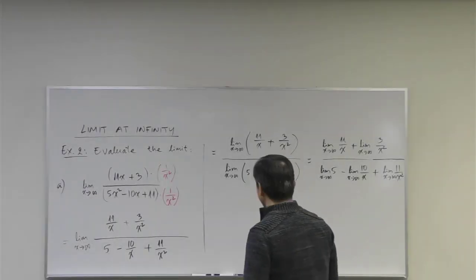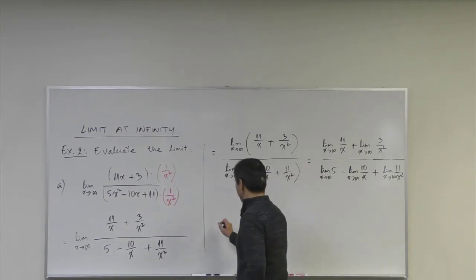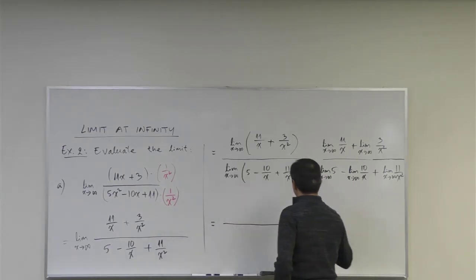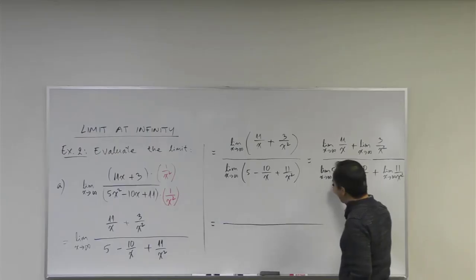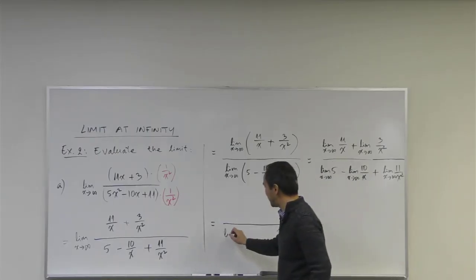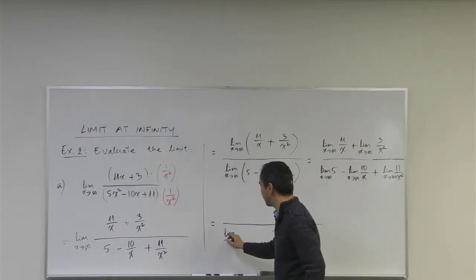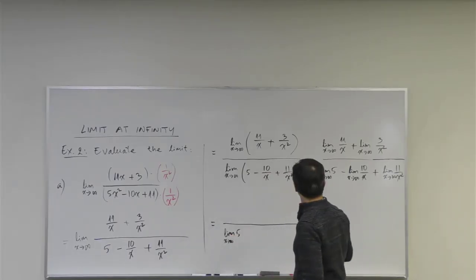Then one more optional step, and you guys will see everything clearly. The constant 5 right here, let's hold on to that constant 5. So the limit of the constant 5 as x goes to infinity, let's hold on to that. And then